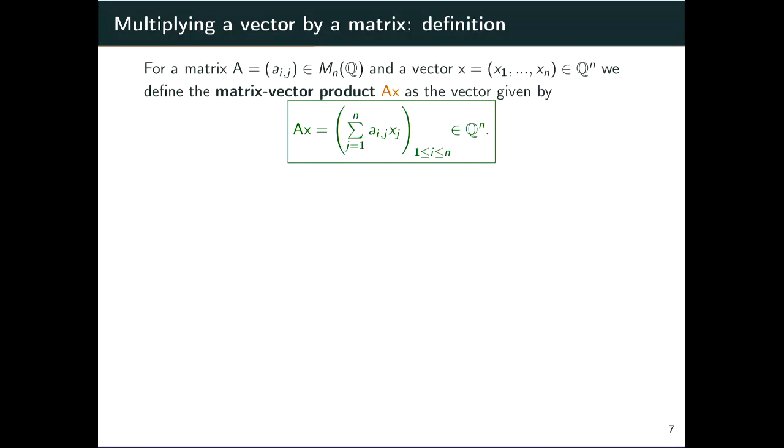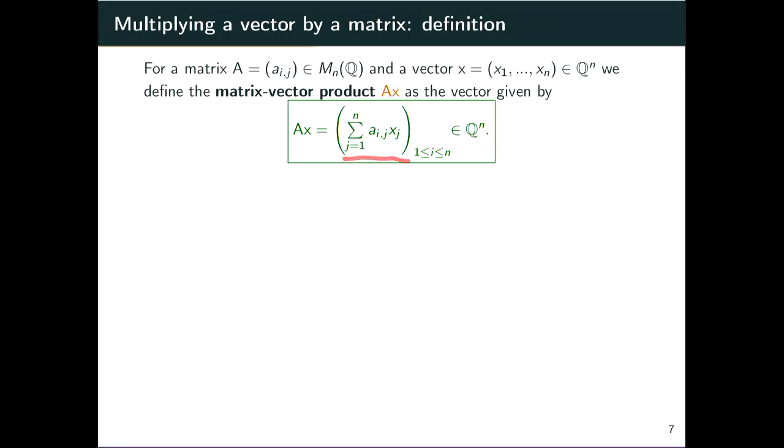Okay, so let's define exactly what I was saying on the previous slide. If we've got our matrix A, and it's going to be a square matrix, and we've got a vector x, we want to define the matrix vector product, and we write it as Ax. We don't put a multiplication symbol or a dot or anything like that. We just write the things next to each other. Then this product is going to be defined by